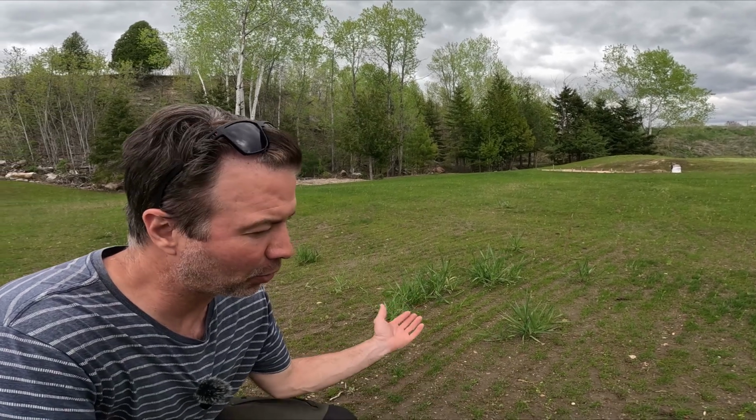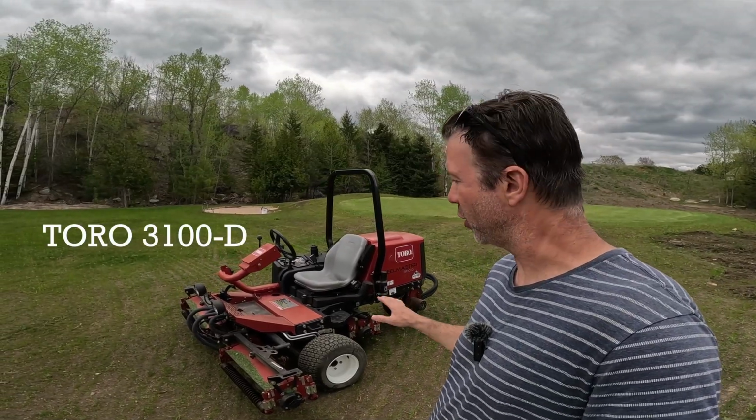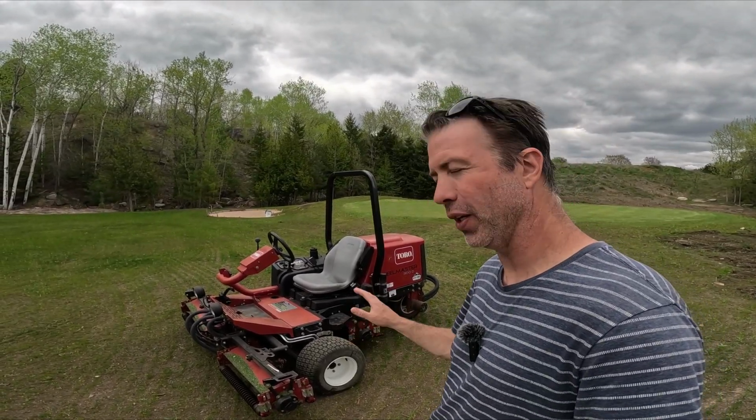This is just like pasture grass, because remember, that soil got ripped right out of that field and brought here, so this stuff is not going to reel mow at all. It's not going to be a pretty mow, but I really just want to press that seed into the soil so that I don't lose any in a rainstorm. I'll be using the Toro 3100 triplex reel mower. I love this mower. It's an old one, but it